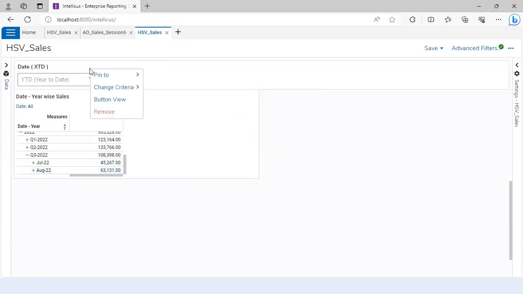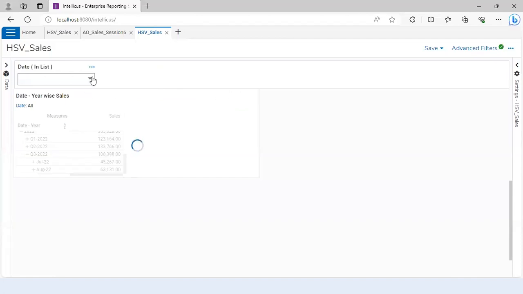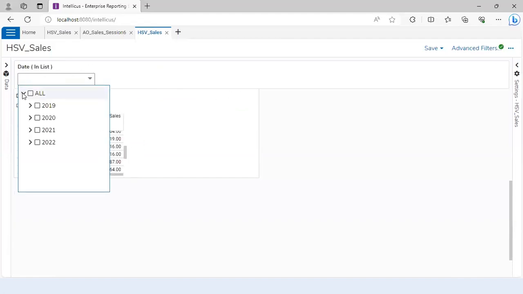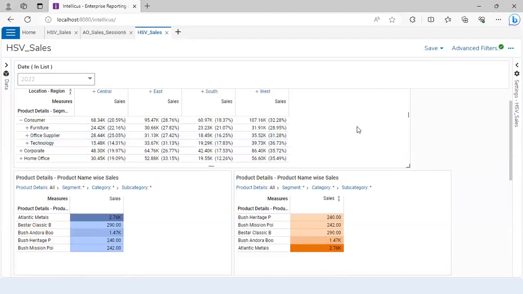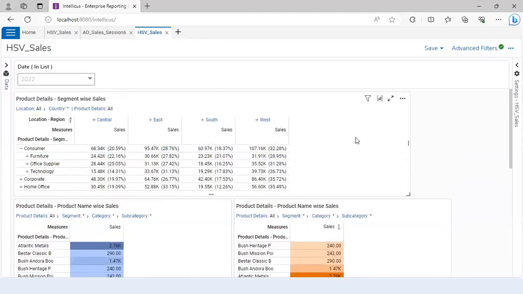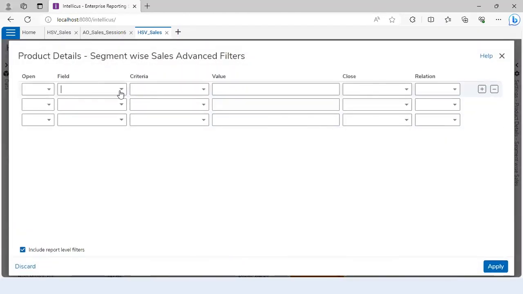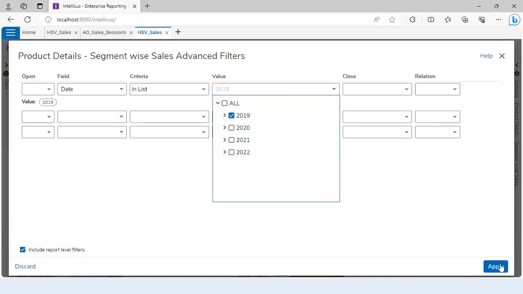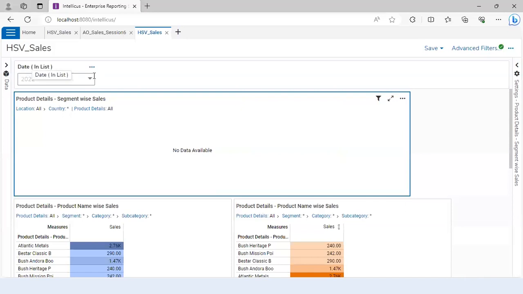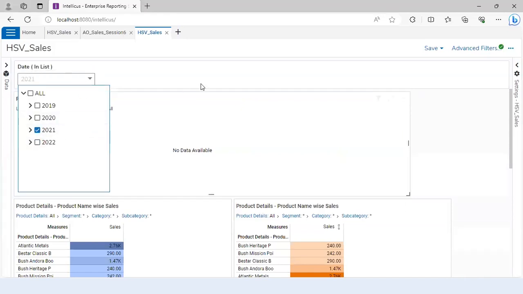Okay. I'm taking it back to InList, and I'm going to select the year, say 22. So this is how filter can be used. Apart from report level filters, we also have widget level filter. Now, in this widget, I want to see data only for a particular year. 2019, I want to see. Data is not there. If I take 21,